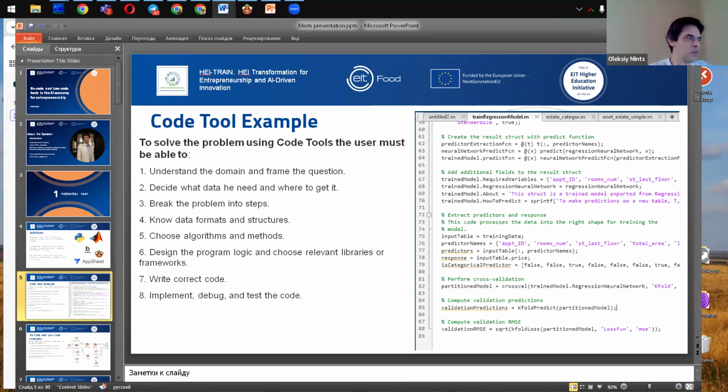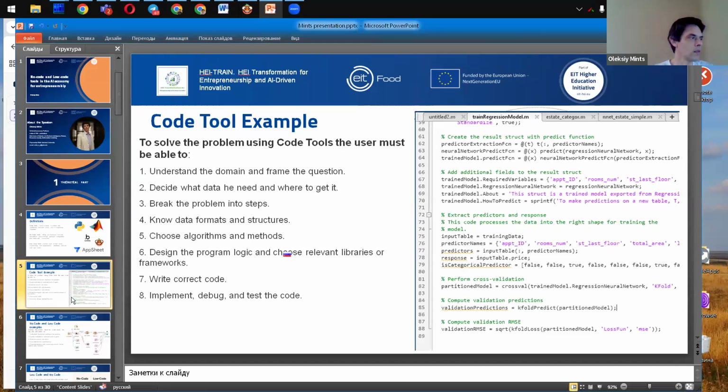Next, the core features. Write correct code. You need to know the syntax of the programming language, and then you can turn your algorithm into code. And finally, you should write your script or program, fix errors, test or check your work and improve its performance. And this is the finish, maybe.